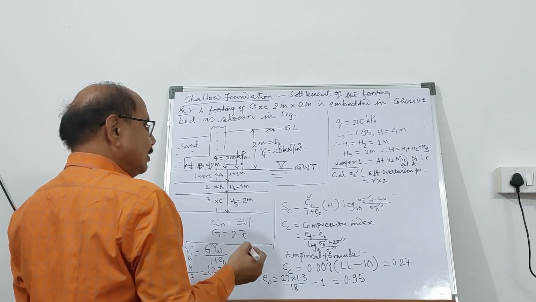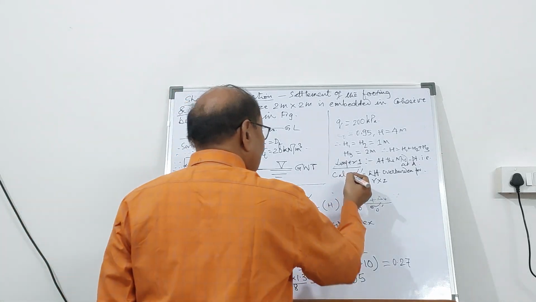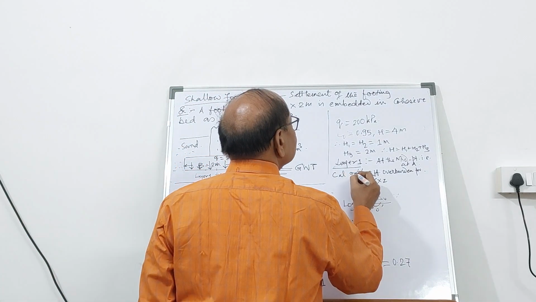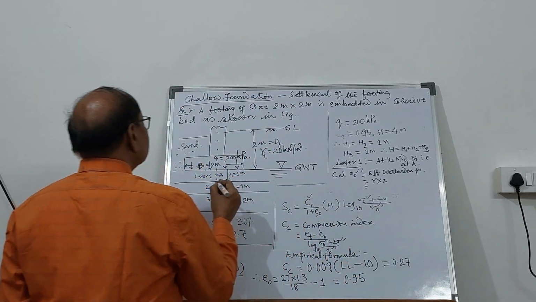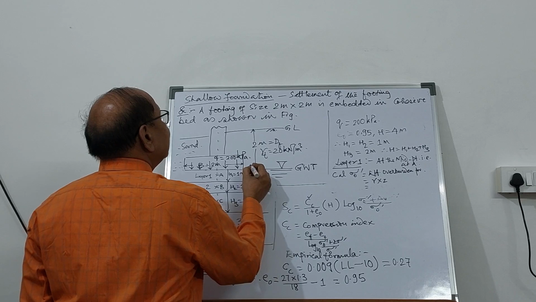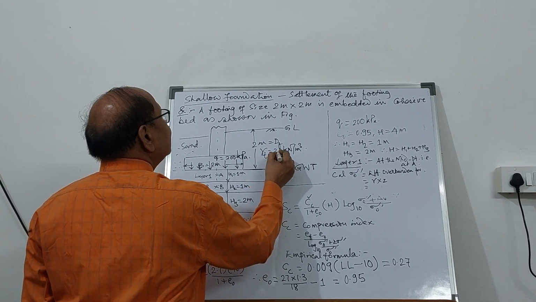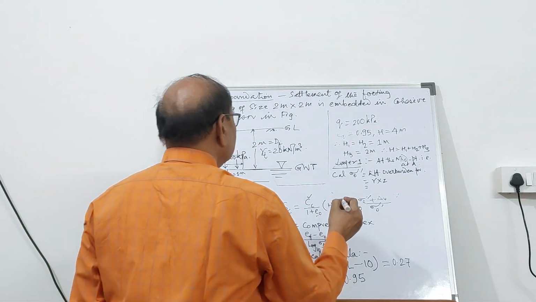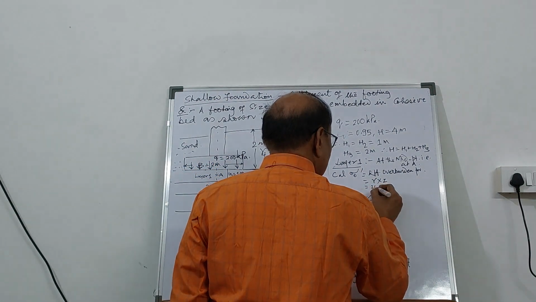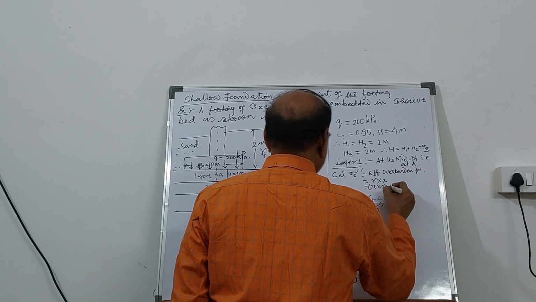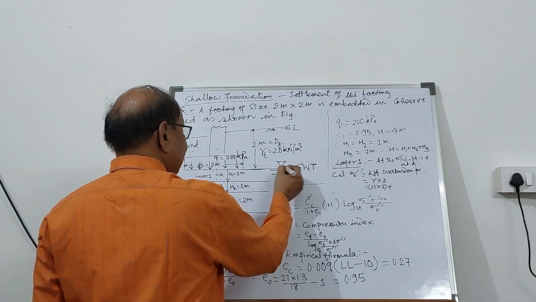So for layer 1, the value of sigma naught prime will be, now above this you can see the gamma T is 20 kilonewton per cubic meter. So the effective will be 20 into 2 for sandy part,